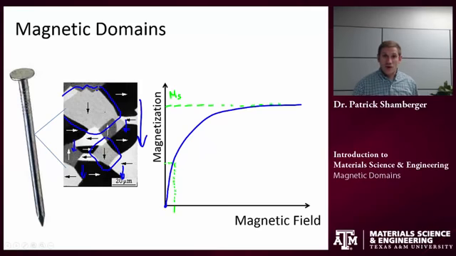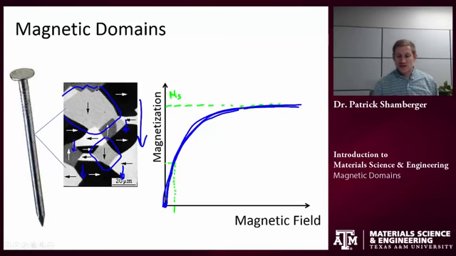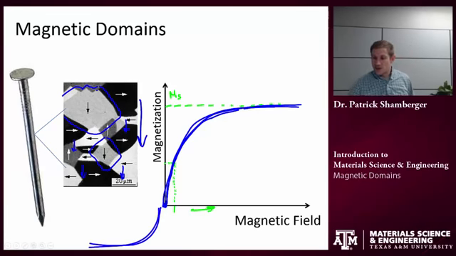So a soft ferromagnet, something like this iron, is going to increase its magnetization, and then it'll decrease its magnetization and come back essentially through that origin once again. And so what that means is it doesn't take a lot of energy to flip from magnetization going one way or magnetization going the other way, right? So this is going to be very different from a hard permanent magnet. So if I think about a hard permanent magnet,